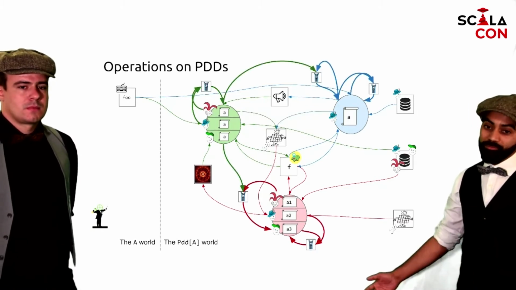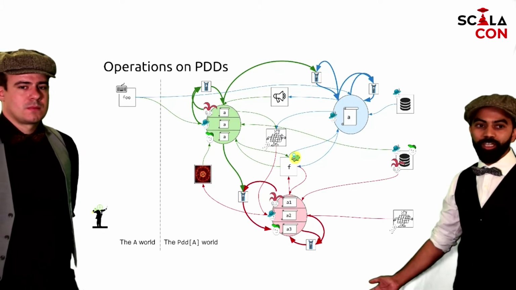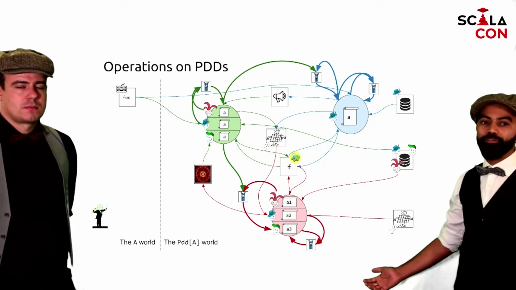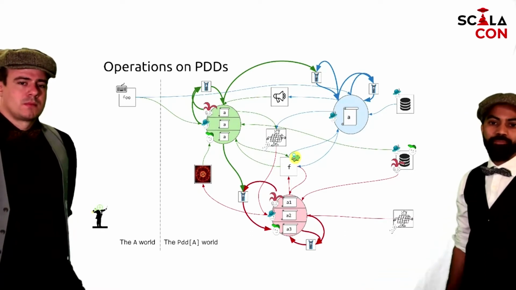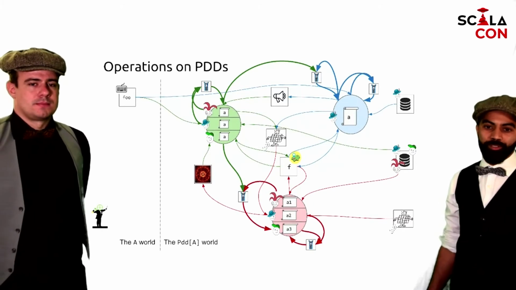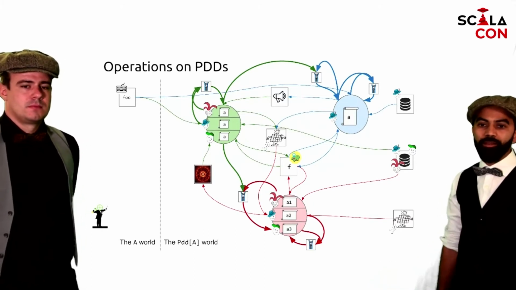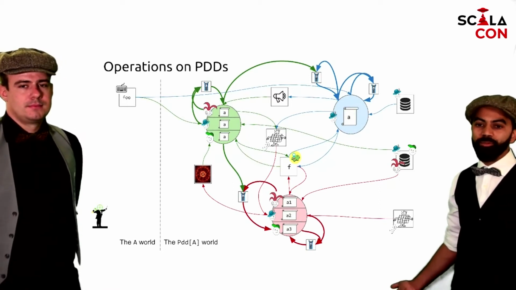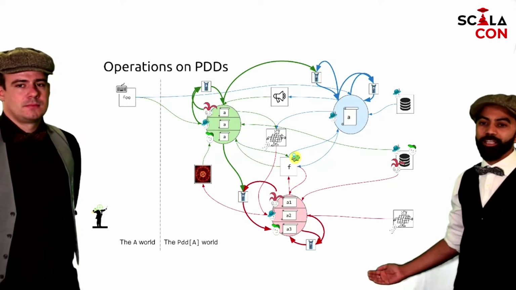But at the end of the day, you want some value back. And before that, you also want to be able to combine PDDs. Nobody works with a single PDD. You do stuff with different values. And for this, again, a common functional programming pattern is to use zips. And there are various kinds of zips that are depicted here, which, based on how you combine them, give you back a secret or a uniform PDD.